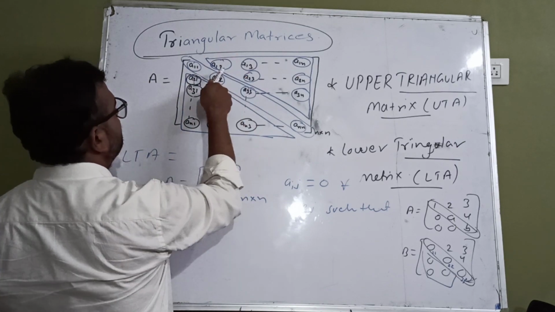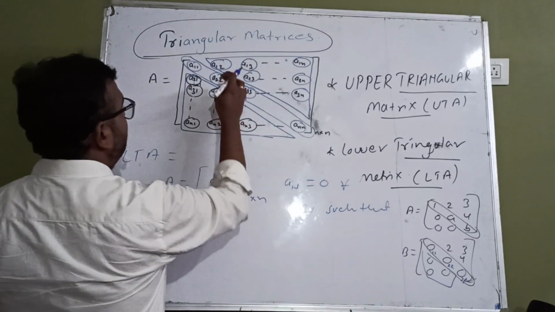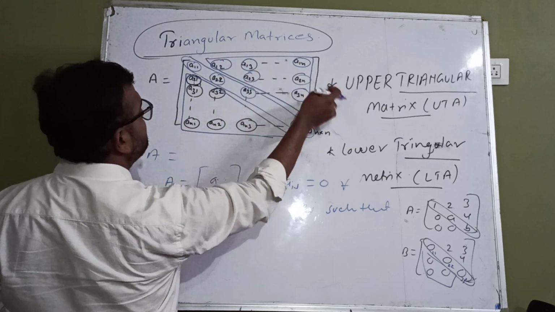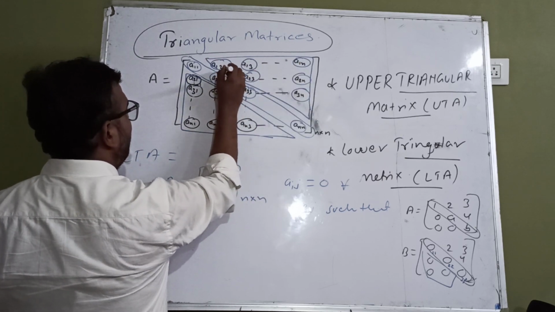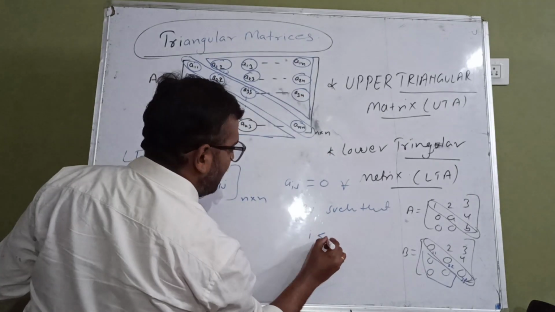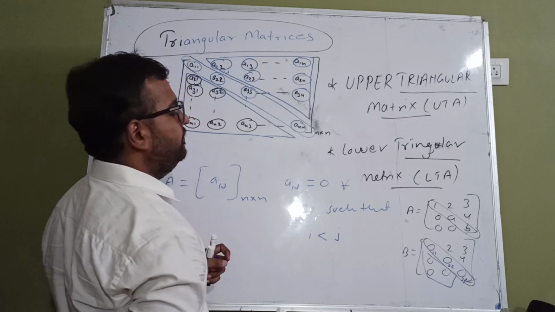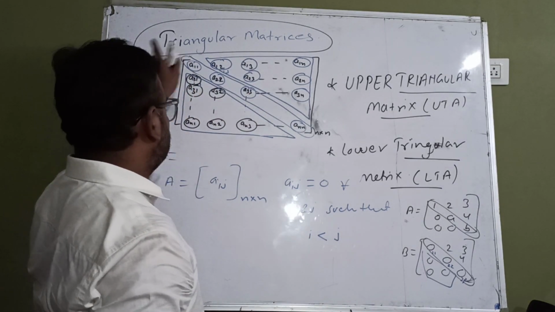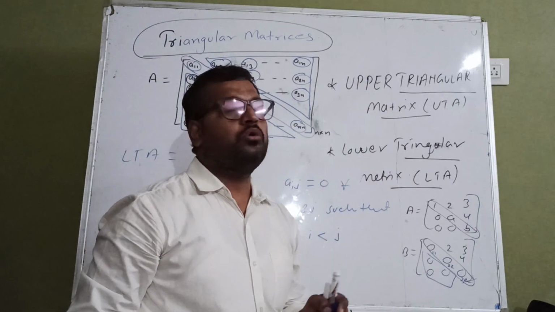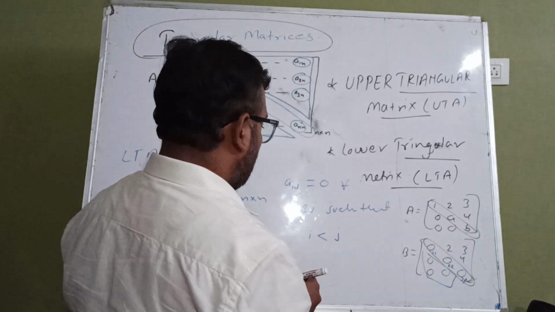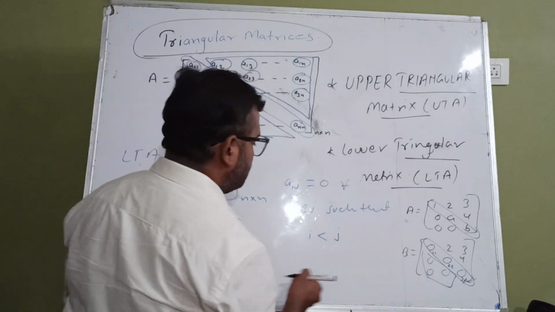see the position. For the lower triangular matrix, the elements above the diagonal elements must be 0. So see the position ij. What is greater here? j is greater. It can be written here where i is smaller than j, or j is greater than i. So we can say that this triangle becomes a lower triangular matrix. Getting the point? Now it can also be understood by an example like this.